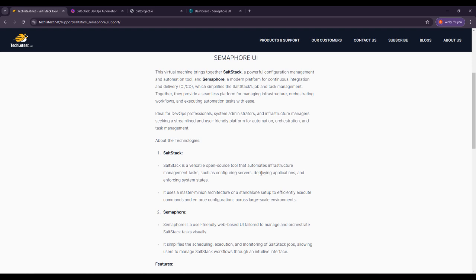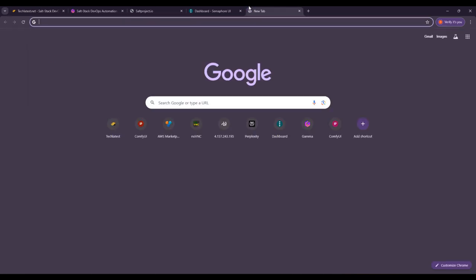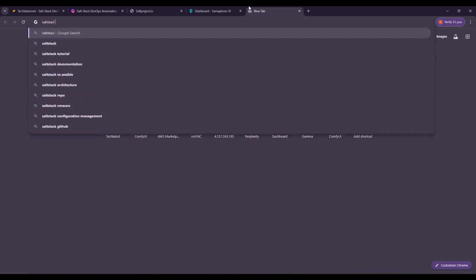Basically, it's a versatile open source tool that automates infrastructure management tasks such as configuring servers, deploying applications, and enforcing system states. It uses a master-minion architecture or a standalone setup to efficiently execute commands and enforce configuration across large-scale environments. Okay, if you search for SaltStack project,